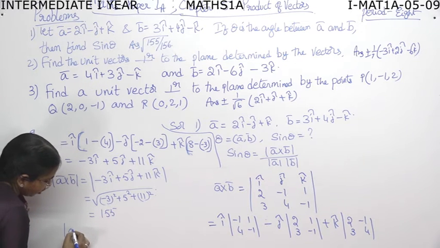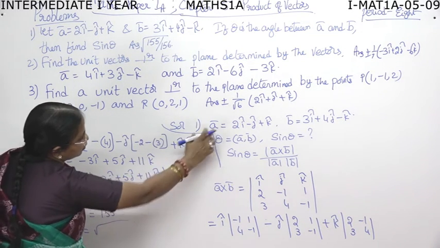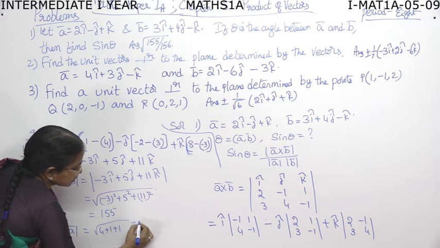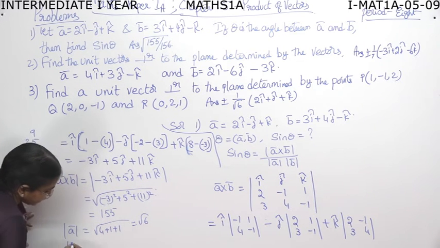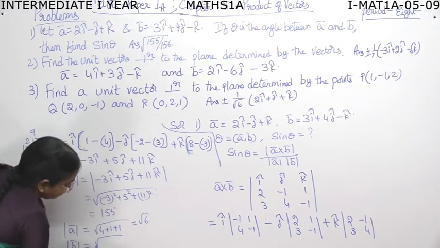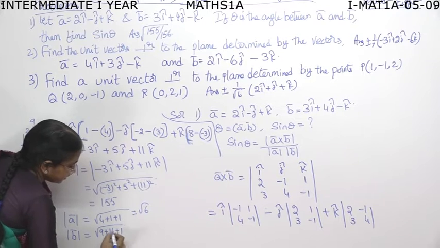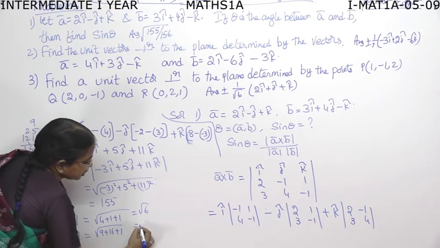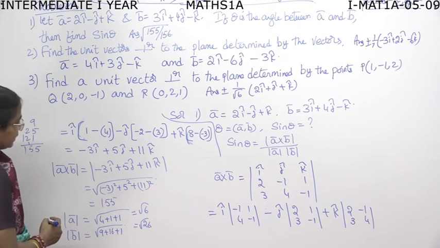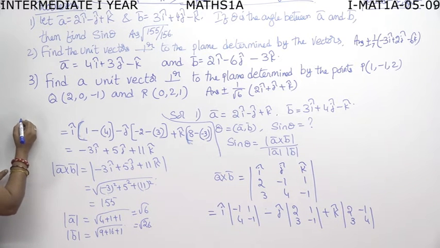Now you find mod A. Mod A, in the same manner, is root of 4 plus 1 plus 1, 6, root 6. And then mod B is equal to root of 9 plus 16 plus 1. 9 plus 16 is 25, 26. So it is root 26. Now you will write, therefore sine theta is equal to